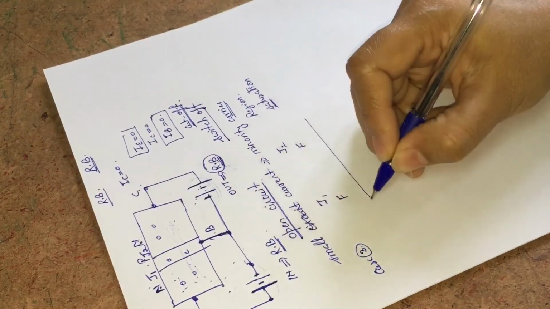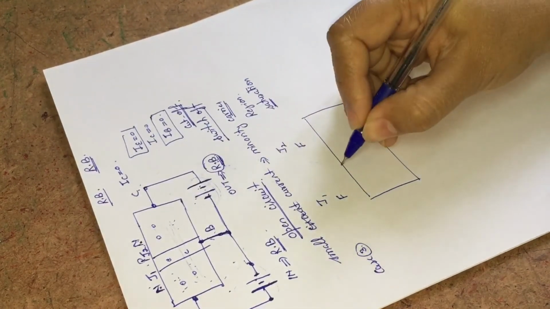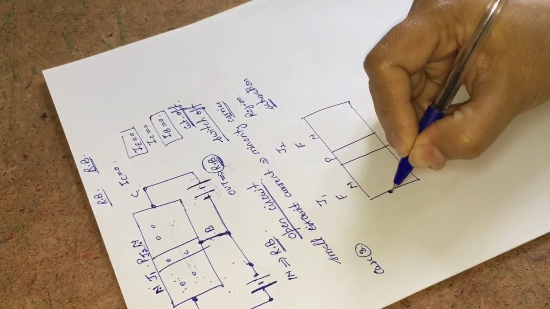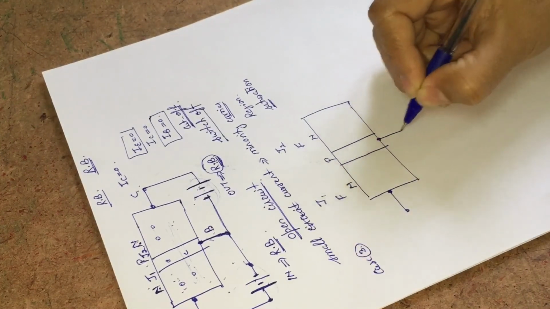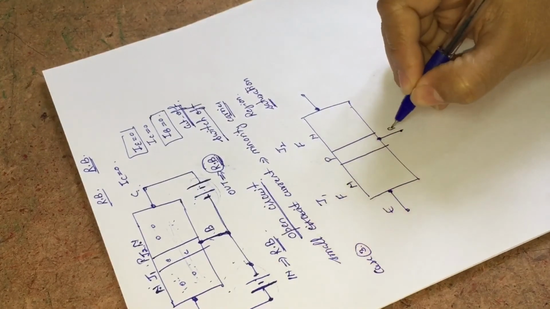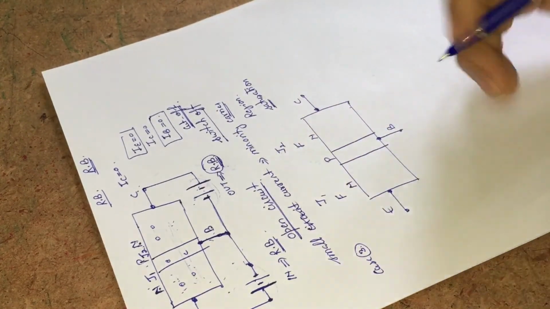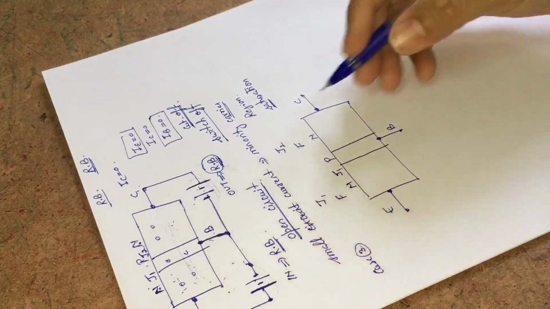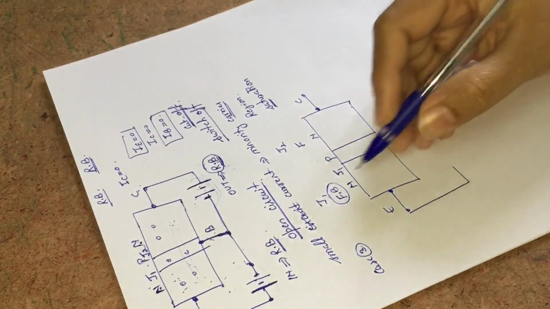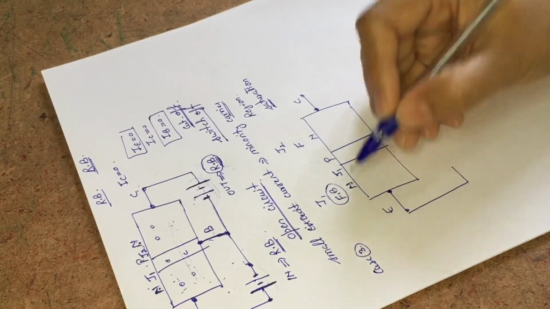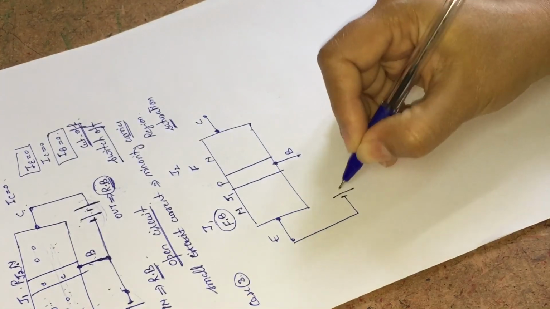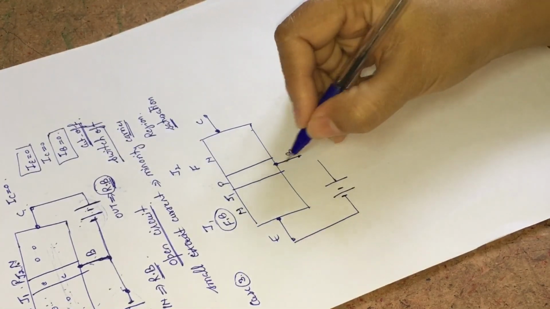Let us again consider we have an NPN transistor and we have made three ohmic contacts, one at the emitter side, another at the base side, and the third one at the collector side. This is our junction J1 and we have to give it forward biasing, and in forward biasing the n-type semiconductor is connected with the negative terminal of the source and the p-type semiconductor is connected